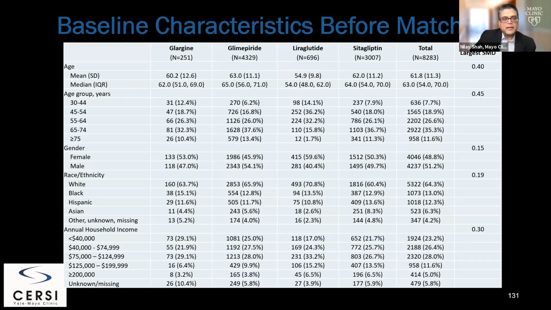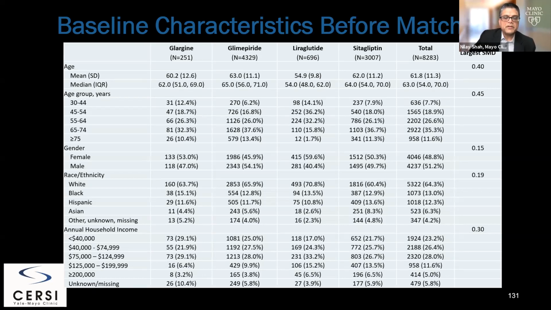And as you can see, again, the main point here is the sample size across these 4 groups that I wanted everyone to look at. And specifically with the glargine group, there were only 251 individuals who met the trial criteria. And one of the challenges is that glargine is typically not prescribed for those with A1C of 6.8 to 8.5% as the trial specified. So it's not surprising that we did not see more patients in this group.